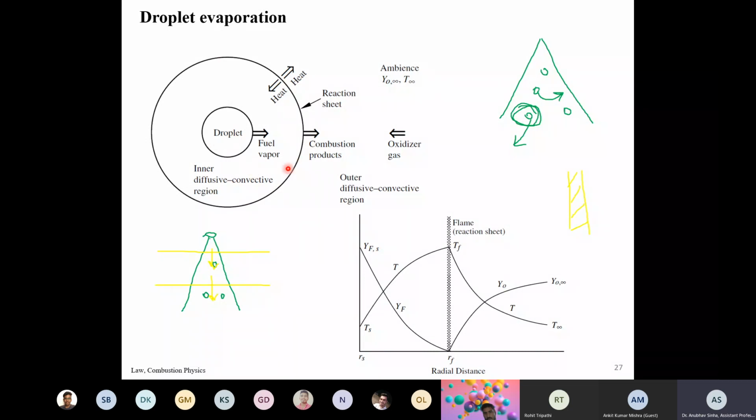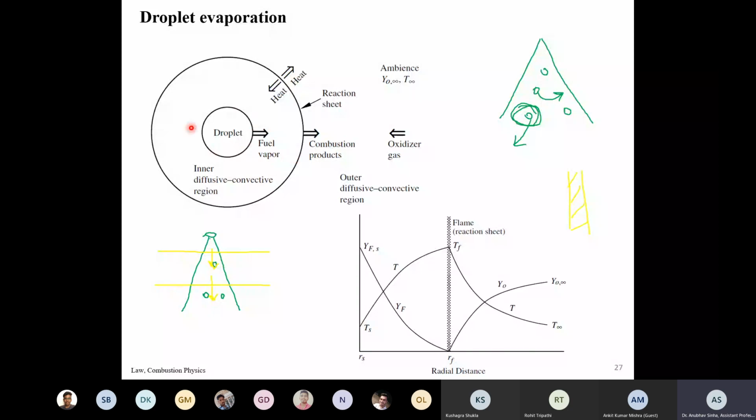Now, when you want to evaporate a liquid, surface area is very critical. So instead of a liquid jet, if you have small droplets, it will have a much larger surface area. So it will evaporate quickly and burn efficiently. That is the idea. That is why we generate spray, and why we generate smaller droplets. Now let us focus on what we have on this slide.